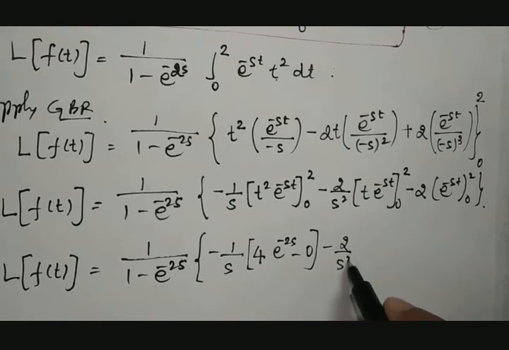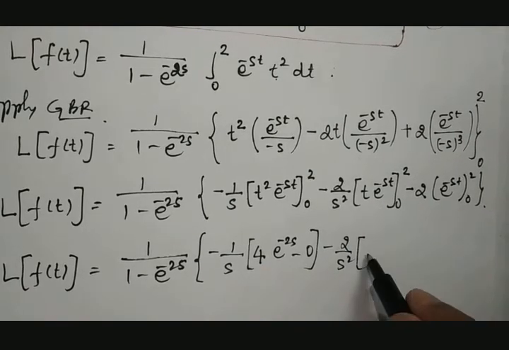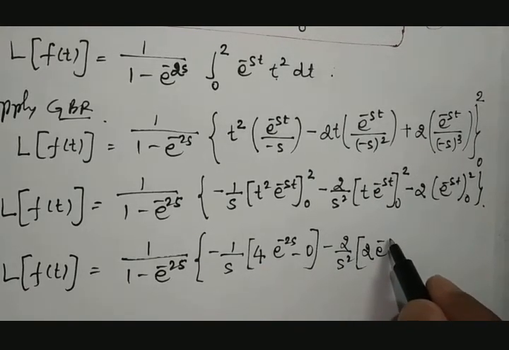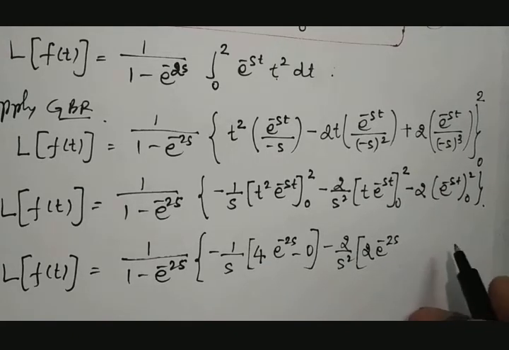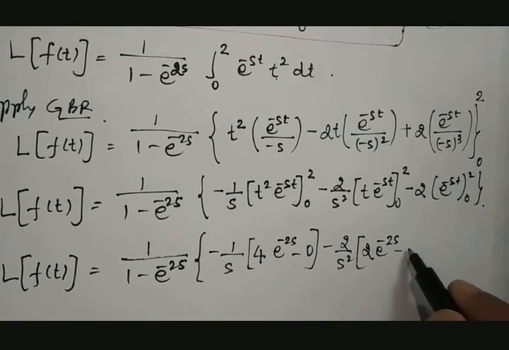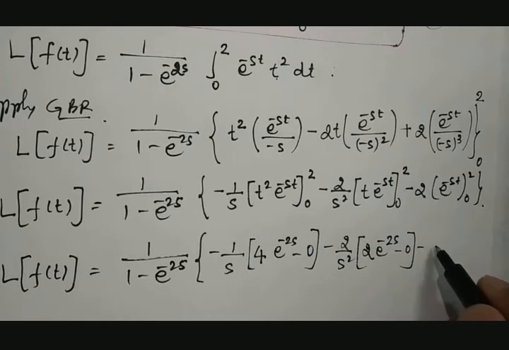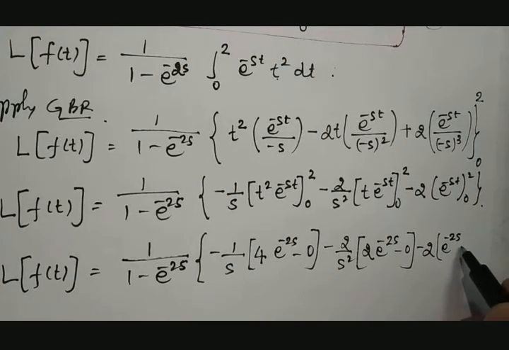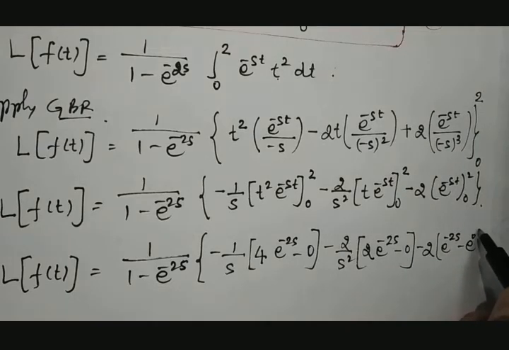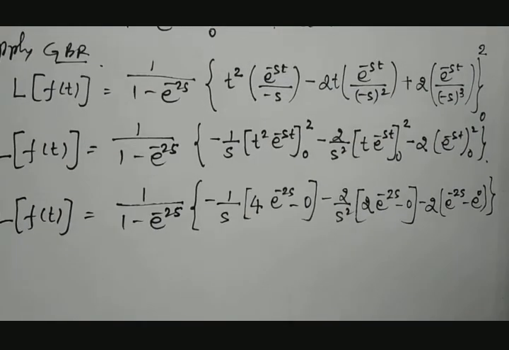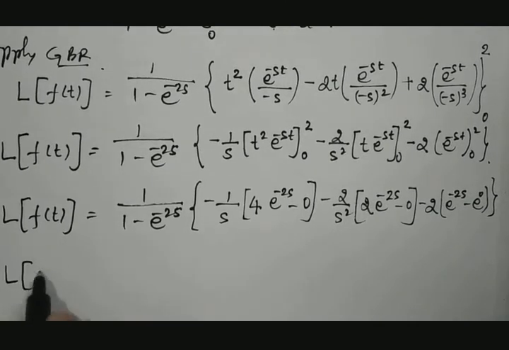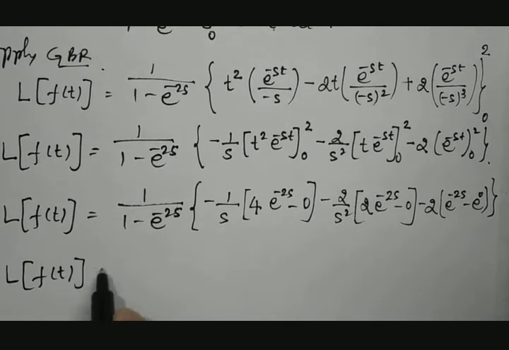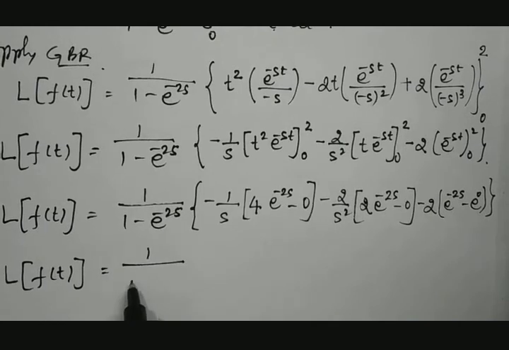Minus 2 divided by s square into, if you substitute upper limit, it becomes 2 into e raised to minus 2s. Fine. Lower limit again 0. Minus 2 into upper limit e raised to minus 2s minus lower limit is e raised to 0. Fine. So Laplace transformation of f of t is equal to 1 divided by 1 minus